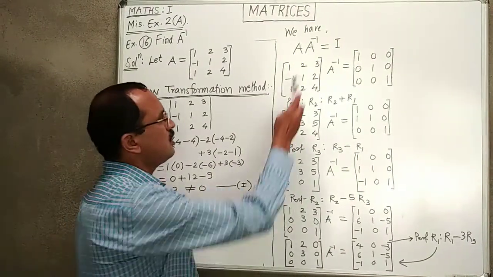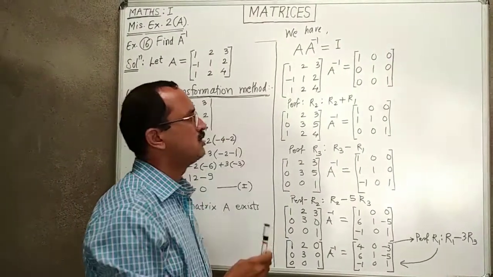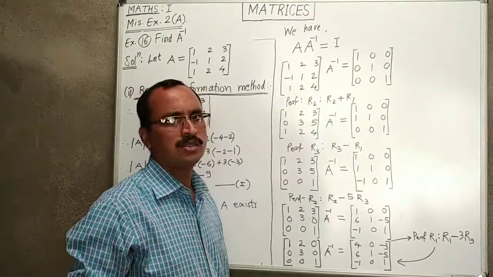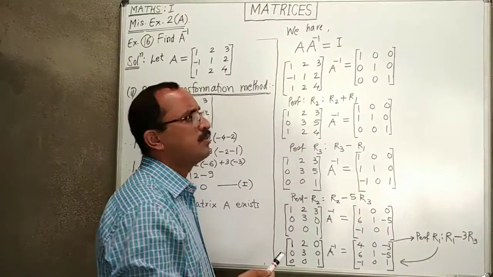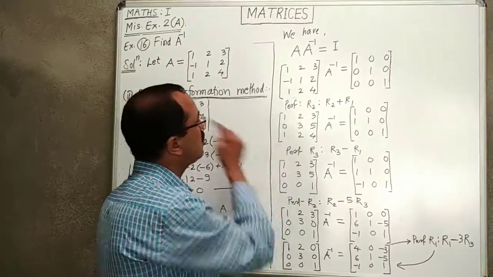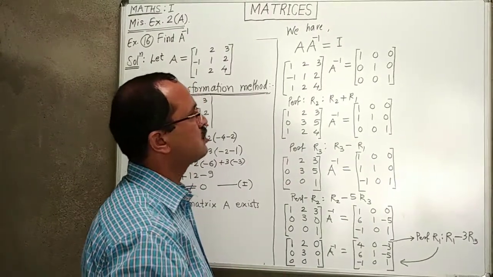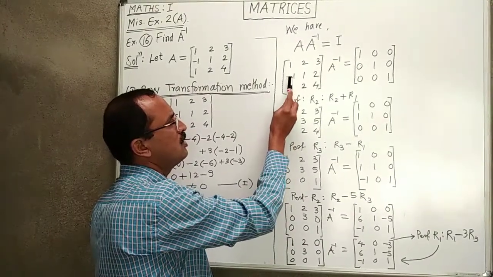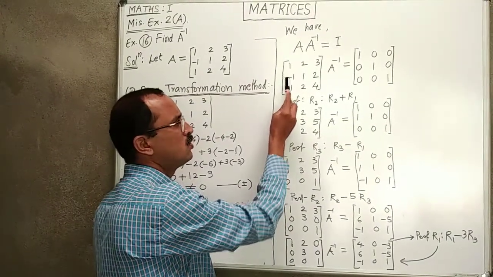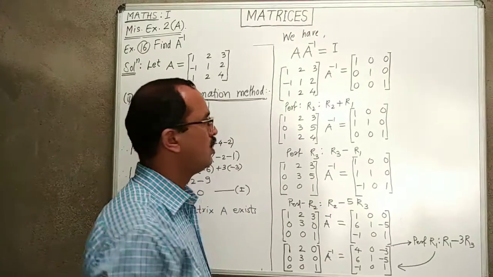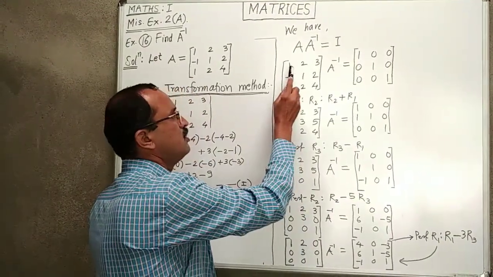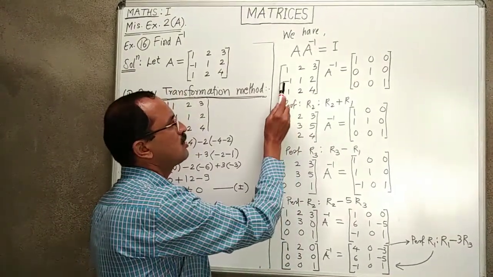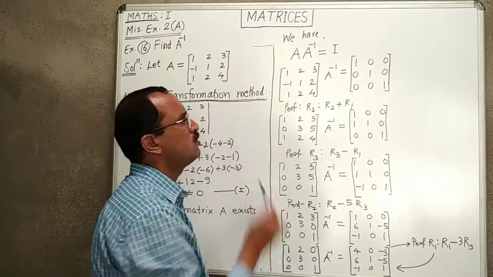Now to find A inverse by using the row transformation method or column transformation method, we have to convert the left hand side matrix to the identity matrix by using row transformations. So the first three steps are, first of all convert A11 equal to 1, then A21 equal to 0 and A31 equal to 0. Here the A11 element is already 1. So we now convert the element A21 to 0.